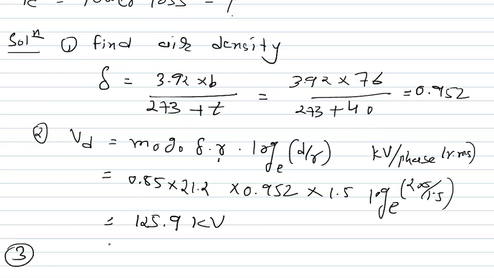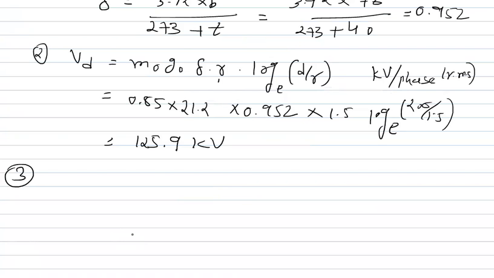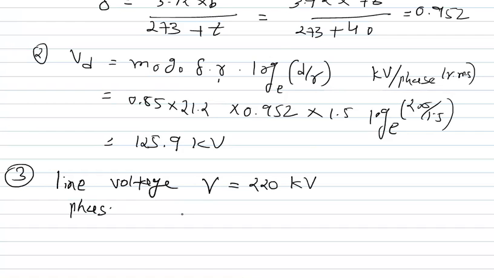Now the third step, the line voltage, which is V, is given as 220 kV. So the phase value of that, VP, let's say it is VL, is 220 by root 3 kV, and the answer is 127 kV. Right. And the fourth step,